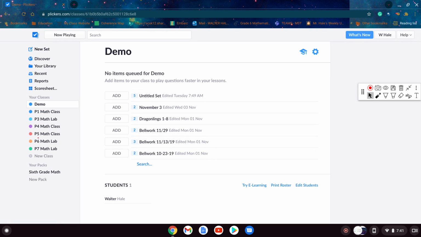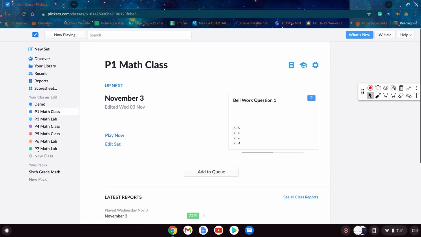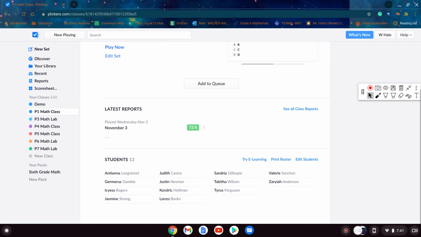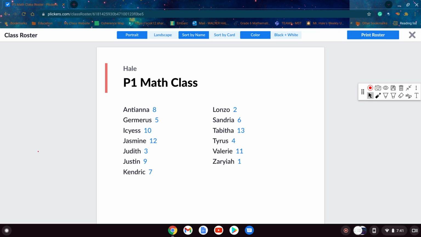Once you've clicked done, you can start noticing all your stuff down here. Now if you have more than one student, it'll show you a full list of all the students with their Plickers card numbers. You want to make sure that each student gets their appropriate number. To show you what that looks like, I'm going to click on one of my classes. If you scroll down to the bottom, you can see my 13 students in that one class, which looks like I'm going to have to fix this because I still have students listed before my class has changed. And then you could go to print roster, and you can see